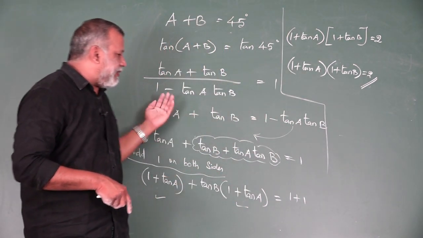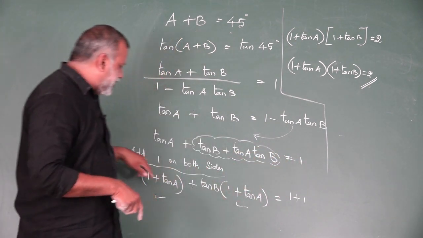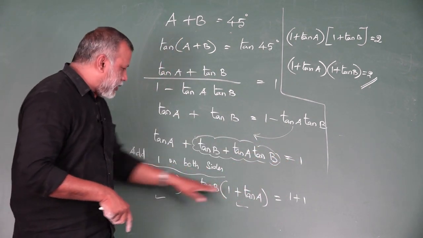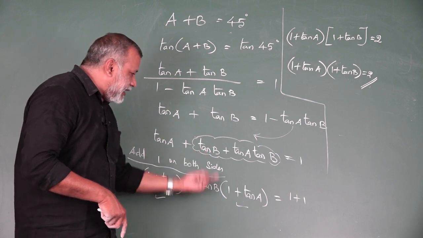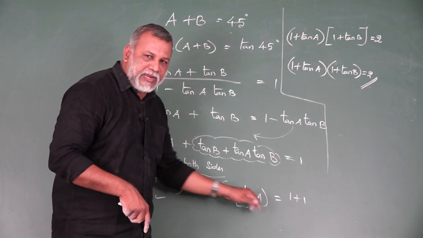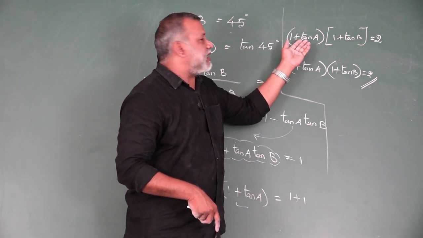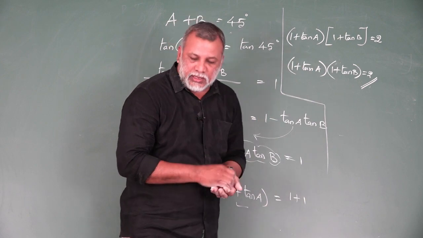Then convert the tan family to the same side. Then the remaining in your RHS is 1. After that, add 1 on both sides. You can get tan a tan b plus tan a plus tan b plus 1. In this, take tan b as a common. If you take tan b as a common, 1 plus tan a, again 1 plus tan a. Once again take 1 plus tan a as a common, and the remainder you can get the proof.